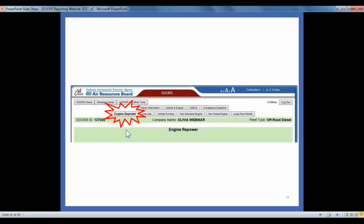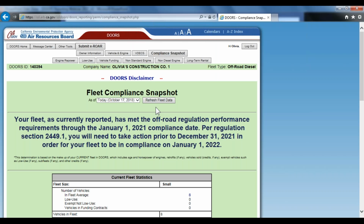So when we're in DOORS, we're going to be looking for that engine repower tab or page. Okay, so I'm going to go over to my account now and click on engine repower up here in the left corner. Before I click on that, I want to show you what many people do, which is wrong. If we go to the Vehicle and Engine tab,